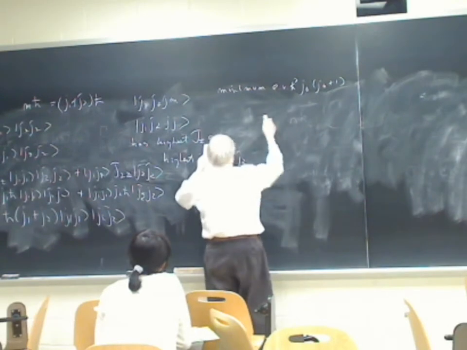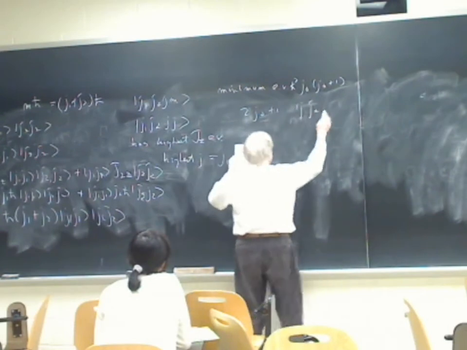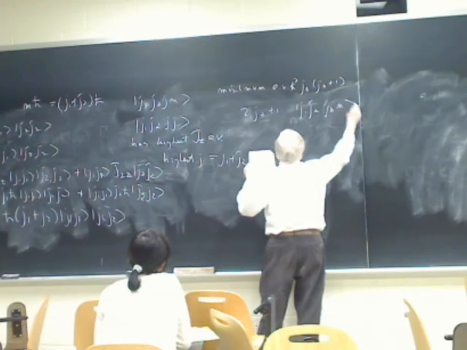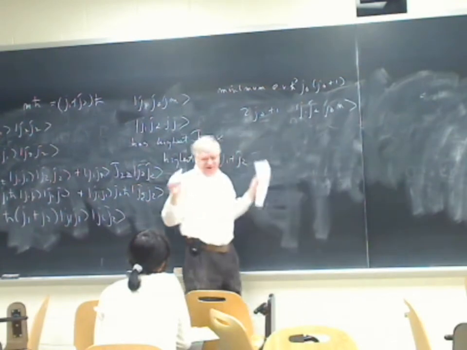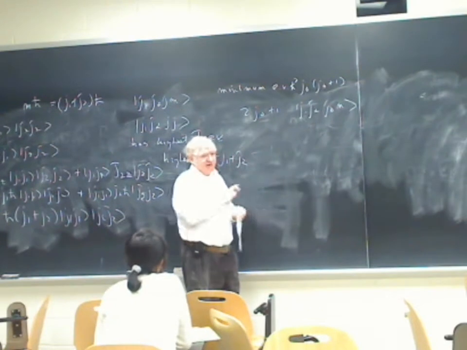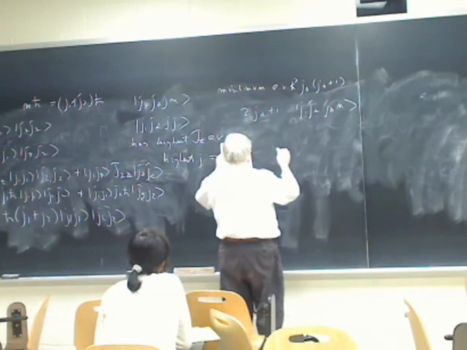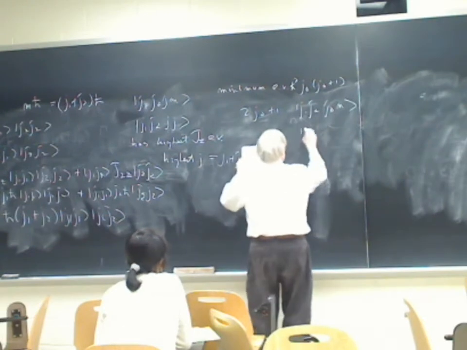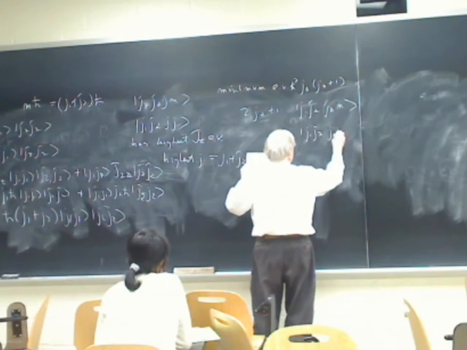Well, suppose it is J0. Then we know there will be 2 J0 plus 1 states of the form J1, J2, J0 M. And again, we're, as usual, talking about a massive particle. A massless particle has two states. And then we have the next highest angular momentum, and we know that